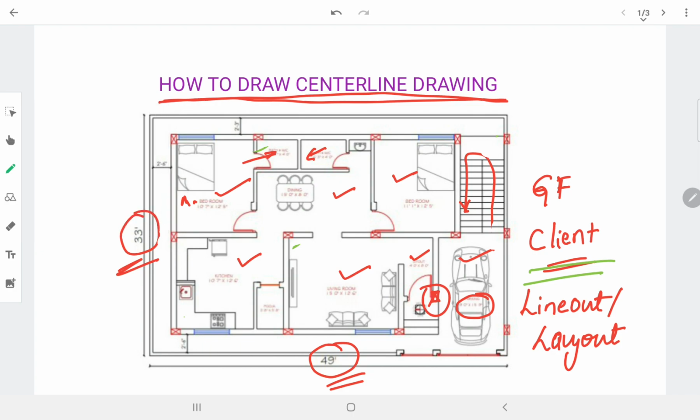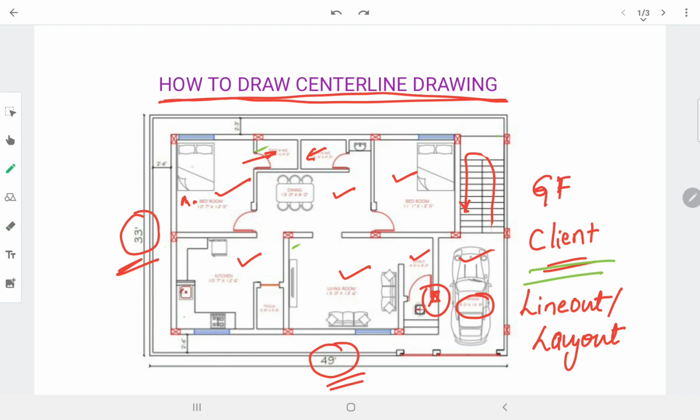As we have discussed, on that basis the columns are located. Now we will be drawing the center line. Either you may go for the center of the column, or you may go for the center of the wall also, because one difficulty will be finding that the center of the column may not match in one line.